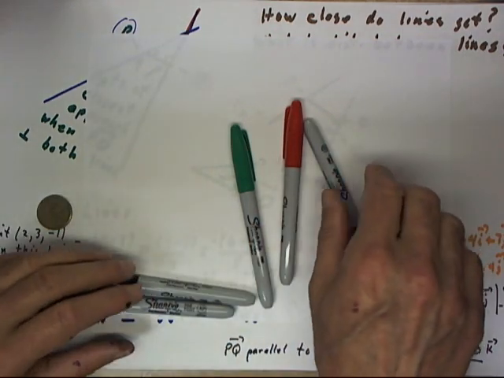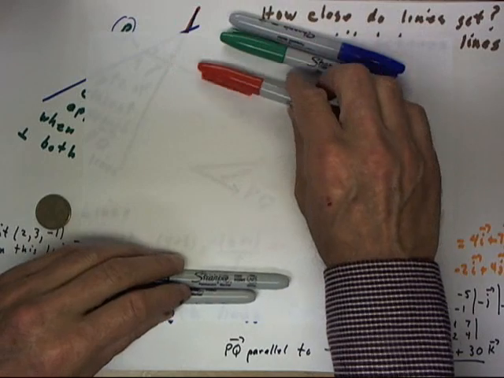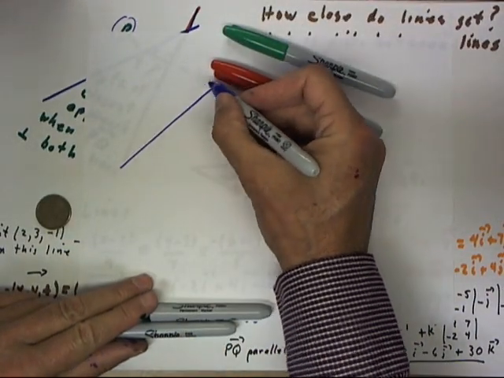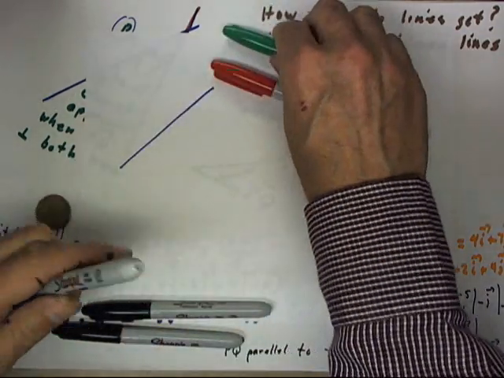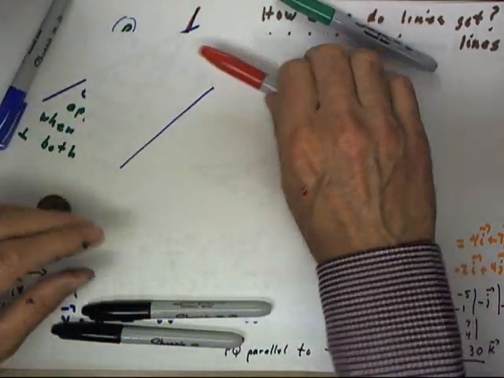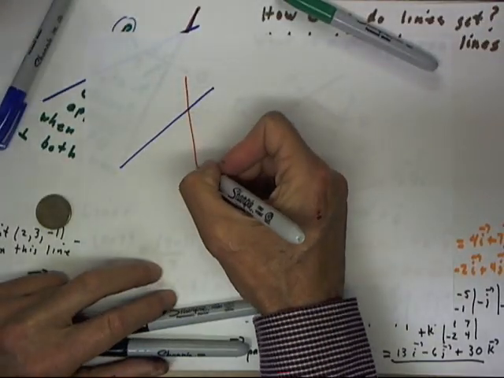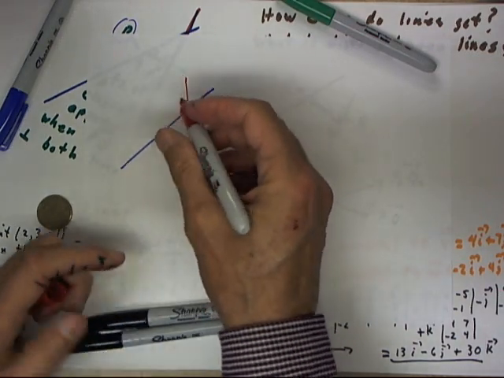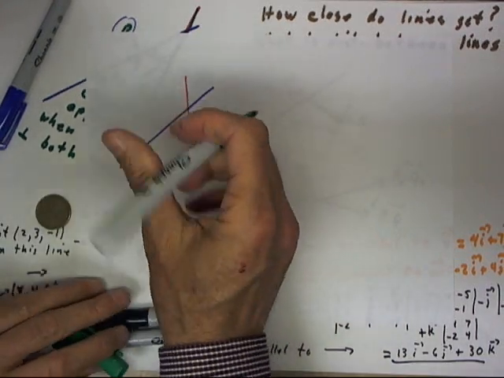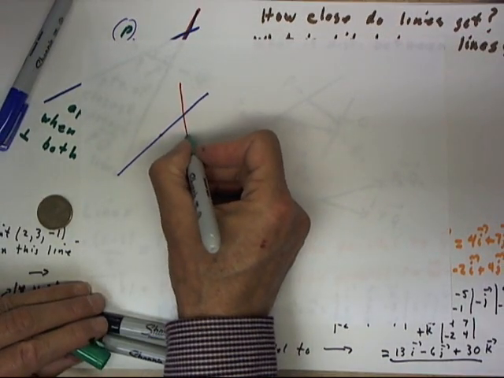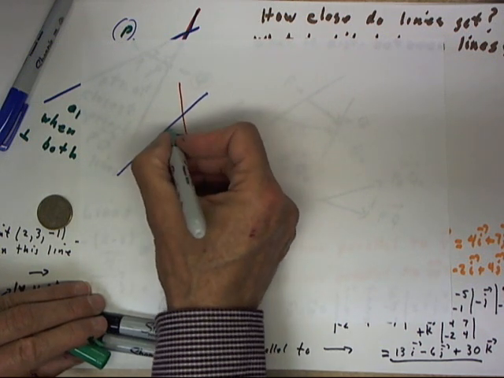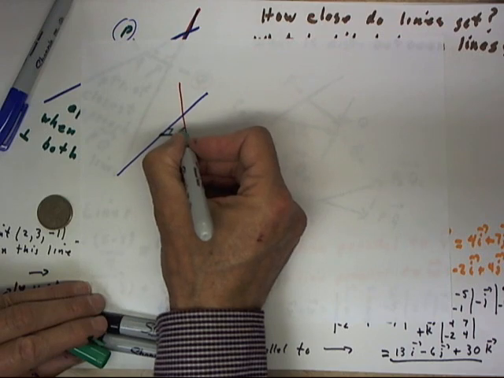Okay, what's our situation now? Well, we have our blue line. We have our red line. Let's use the red marker to indicate that. And we're still in focus. That's good. We have our points of closest approach that we don't know yet, and a line here that's perpendicular to both of these,